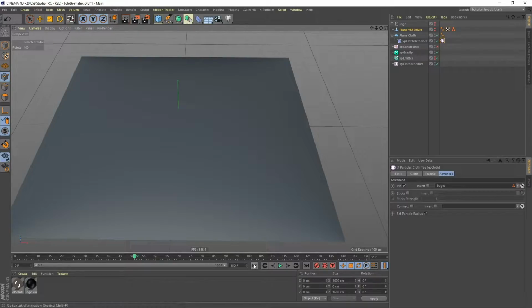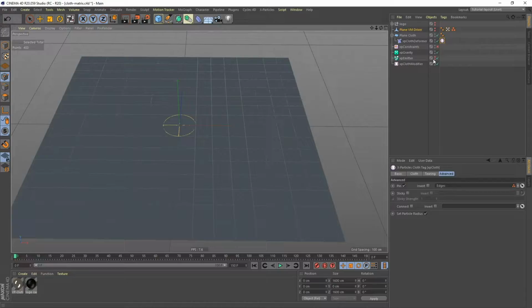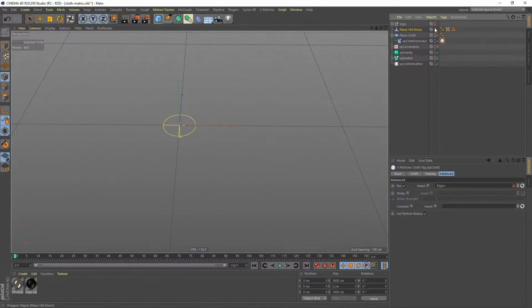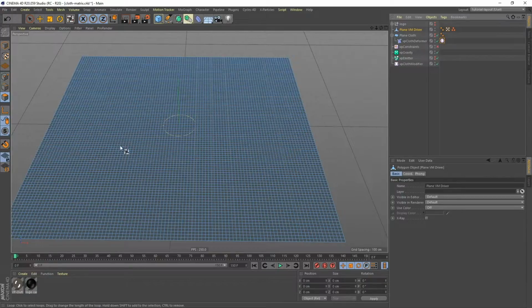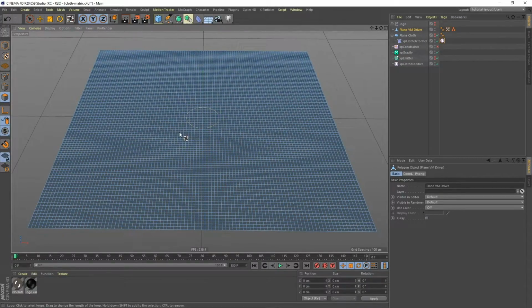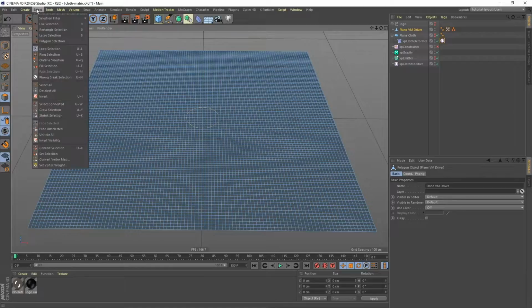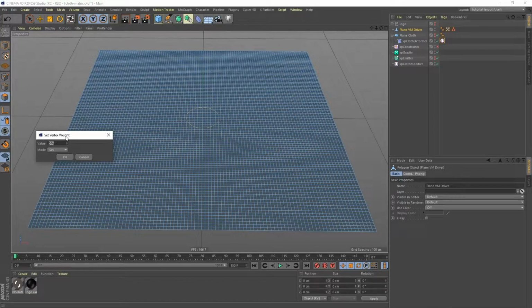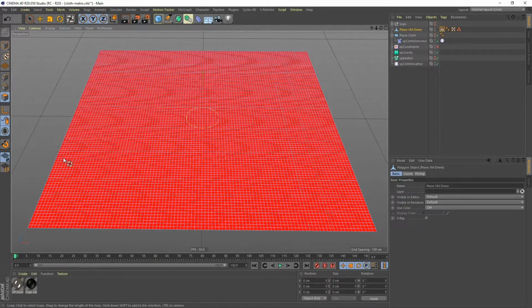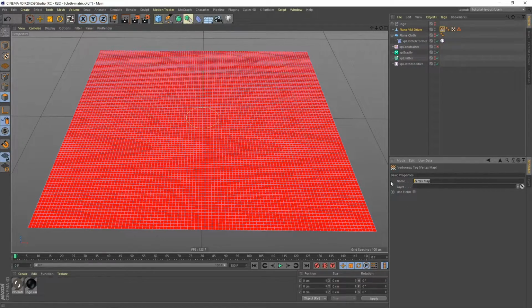So let me go back to the first frame, and I'm going to turn off the visibility of the cloth plane again and get this plane visible. Gonna go into polygon mode, and I want to make sure that nothing is selected, and then we can go up to select and then set vertex weight, and we want to make sure we set that to 0 and then click OK. So now we have a vertex map,